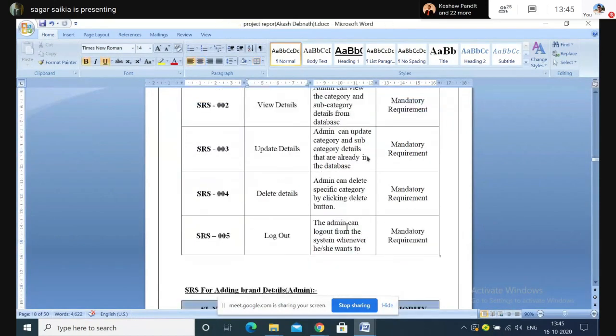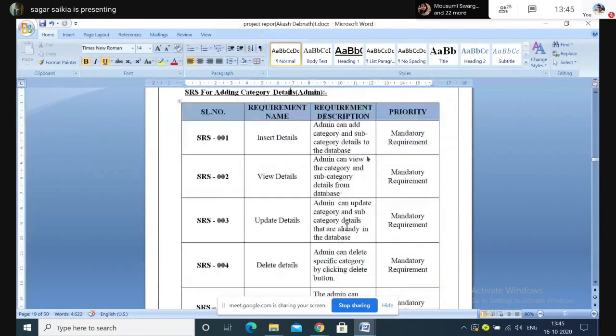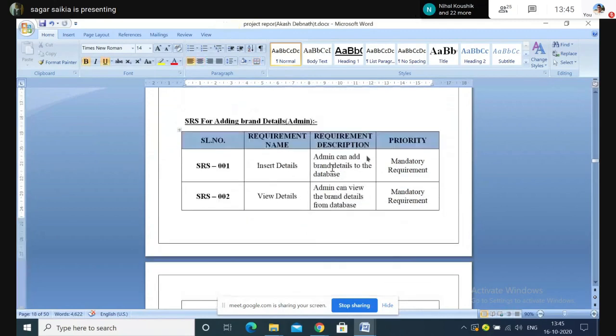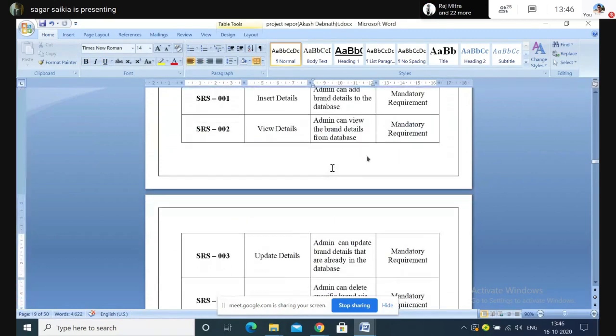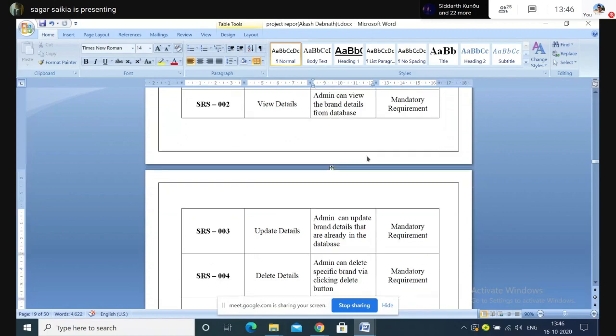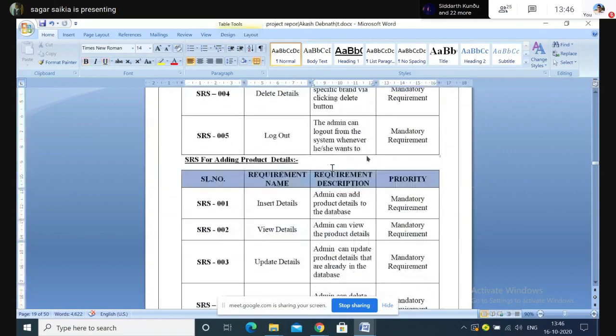Okay, then the admin should be able, here we are adding only category wise, isn't it? But the admin should also be able to add what? Brand and the product, isn't it? So same thing only, but here it is only performing the operations on the brand information. So it's inputting a new brand name, editing the existing brand name, deleting the existing brand name, or he can log out. Product also, same thing only.